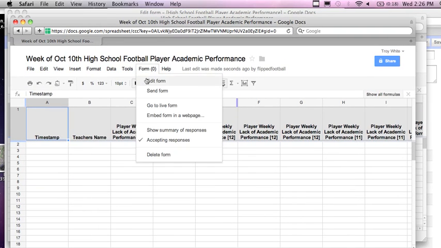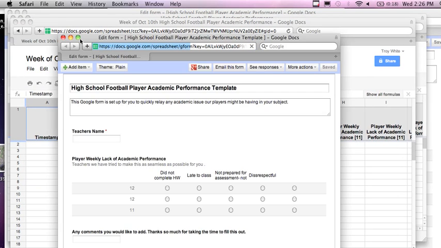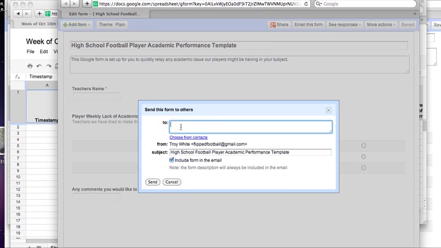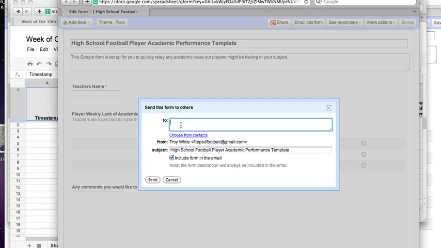Let's go to form, edit form, email form. Now I would have my contacts. I would go ahead and create a contact through my Gmail. If you want to refer to the video for the communication with teachers and parents, I have my various contacts for my 2 teams: parent contact, a player contact, and I have the specific, in this case, got on my JV team. I got grades 9 and 10, a couple 11s. I have those teachers who only deal with those boys,